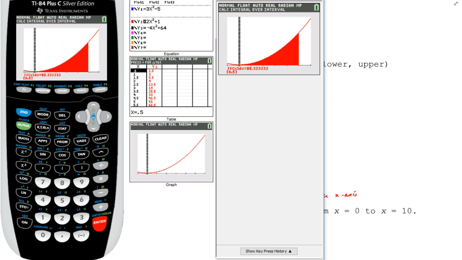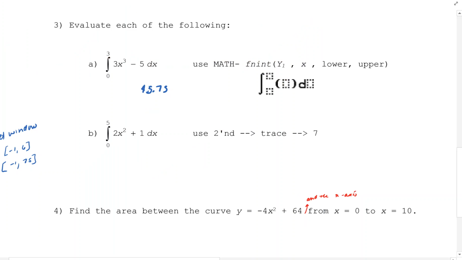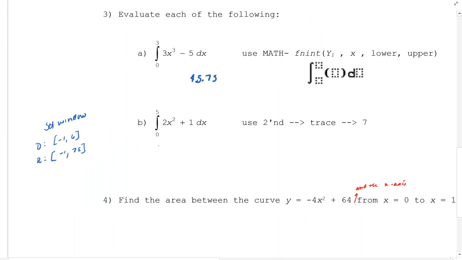And how cool is that? The value of the integral is 88.33. I really like that this just colors it in for us, and we see that the calculator is actually calculating the area of that region. So I think that's kind of fun. So the area there is